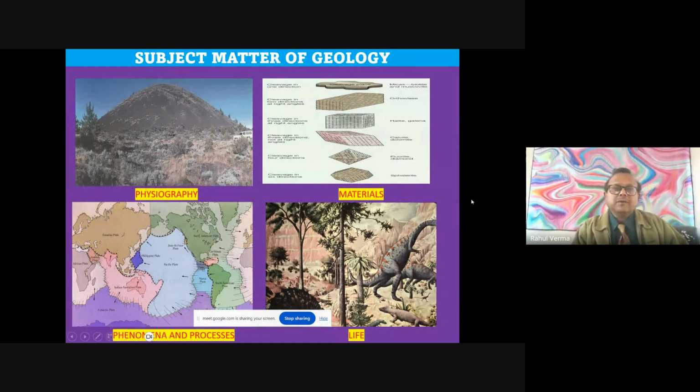So here we come to what we study, the subject matter of geology. The first thing is the study of the external surface, physiography. Then what are the materials? Minerals, rocks, structures, everything that you see on the rock. Then the interesting part, the phenomenal process. Everyone knows that we are lying over some plates, and those plates are continuously moving even today. The study of plate tectonics came after 1960. In a few further sections we will deal with it more.